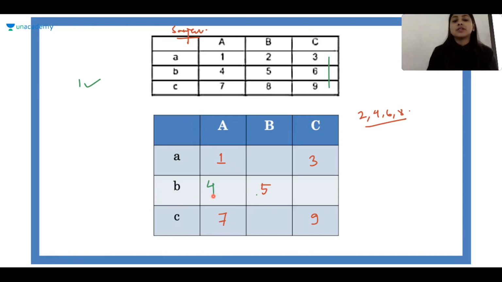Now we will keep 4 fixed here. If we do that, we are going to get 0 cases because 1, 4, 7 itself cannot be in the order. Next, we'll put 6 here, 1, 6, 7. Now we have 2, 4, and 8. Let's use them one by one. If you put 2 here, 4 here, 8 here, will it work? No. 4, 5, 6, 2, 5, 8. No, not working. Exchange it, 4 and 8. Now 2, 5, 4, 3, 8, 9, 6, 5, 8, 1, 4, 3, 7, 2, 9. Works. So we got one more correct case.